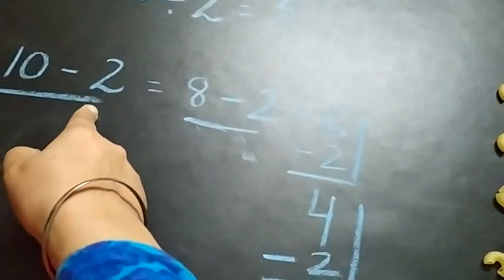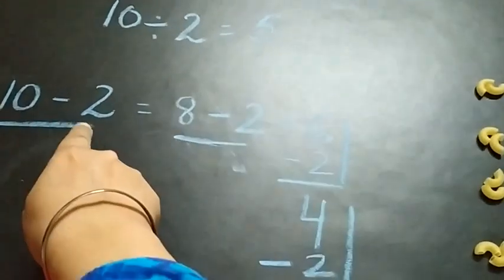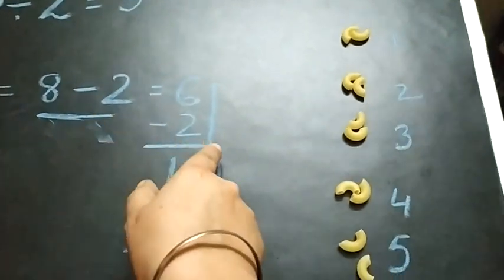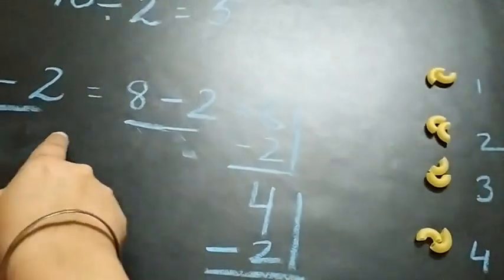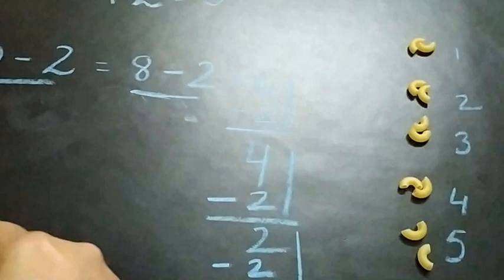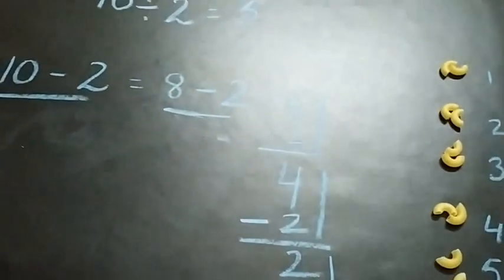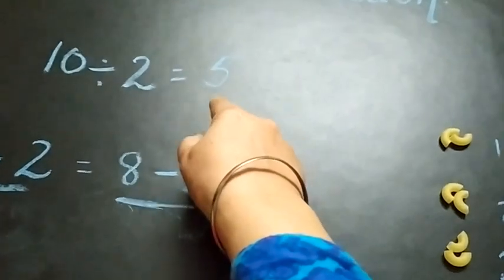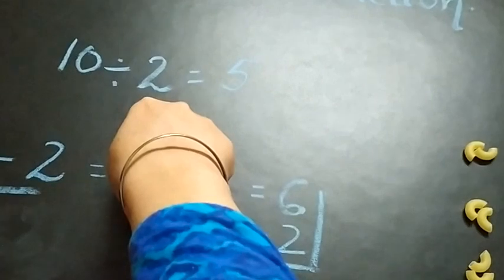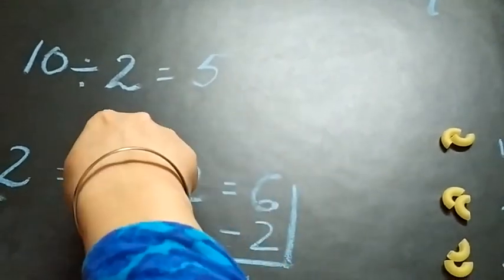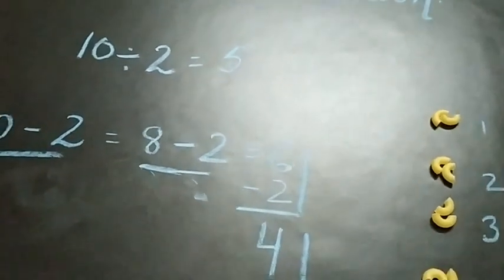But when do we do the division? Here we are subtracting the same number. Every time we are subtracting 2. So when we are subtracting the same number, then we don't go for the long method, which is subtraction. Subtraction is a long method. So we simply go for division. We write the division and we have written 2, that we are giving 2 candies to each child, and my answer is 5. We'll read the table of 2: 5 twos are 10. I hope you have understood this.